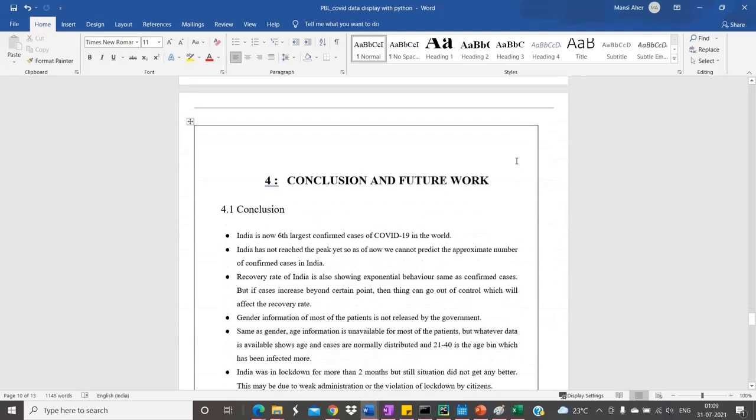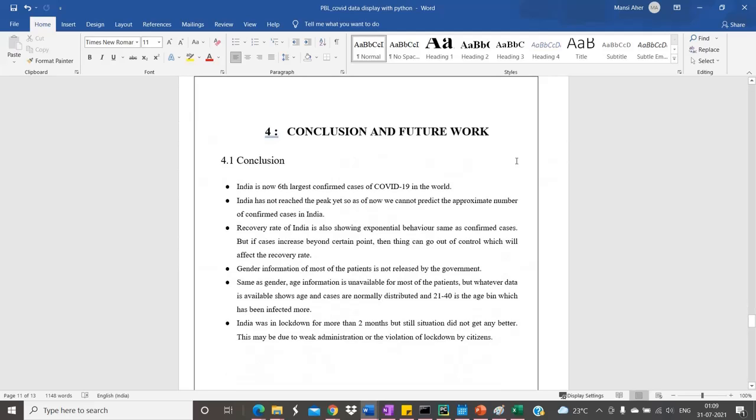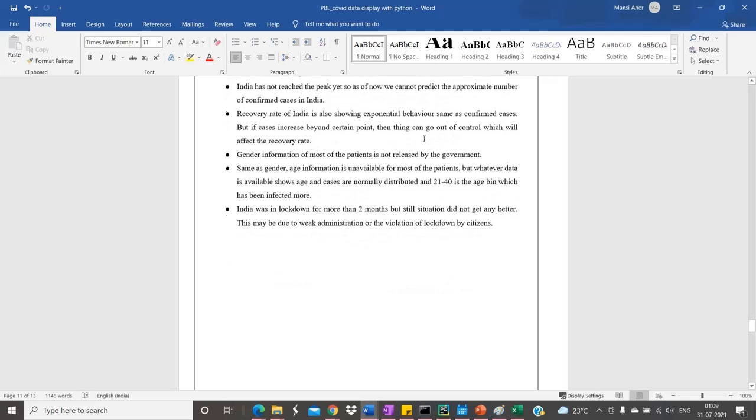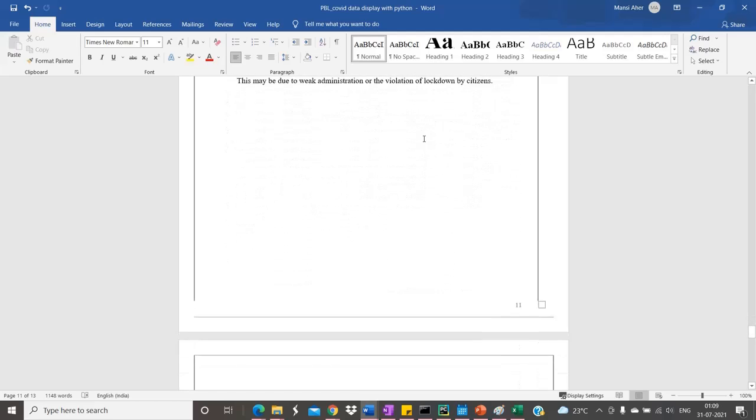So coming to the conclusion, due to this Python program, we can easily sort the data state-wise in an efficient form, and thus we can also know the trend going on due to the increasing or decreasing number of COVID cases in a graphical format.